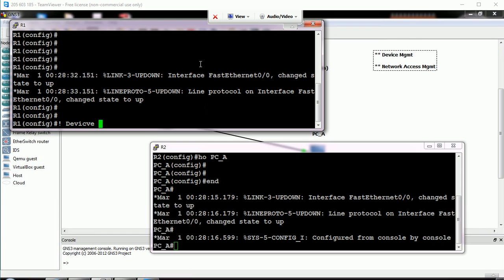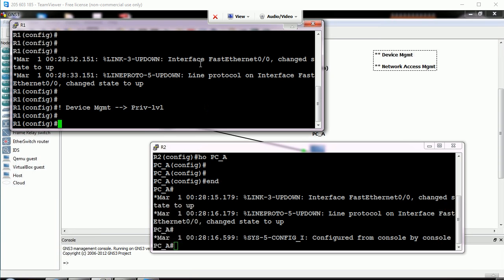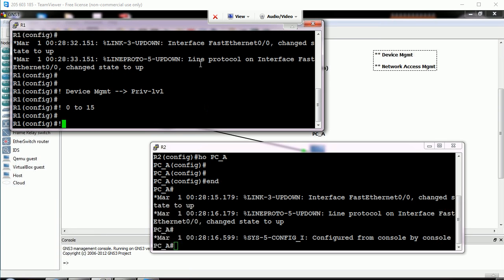A concept for device management. Basically, it uses a concept called privilege levels, which is giving access to the parser database, which will have a list of commands supported on iOS. We saw the introduction of privilege level, which is 0 to 15. 0 is something which you never see or experience, because when you type username and password, that log on screen is called privilege level 0, which means basically we have 1 to 15.